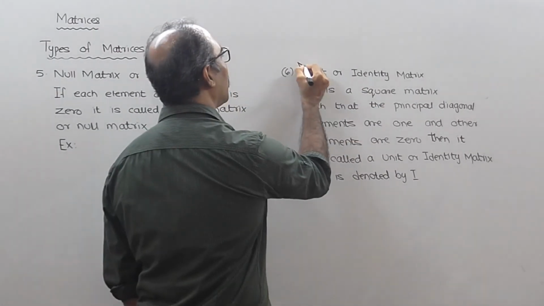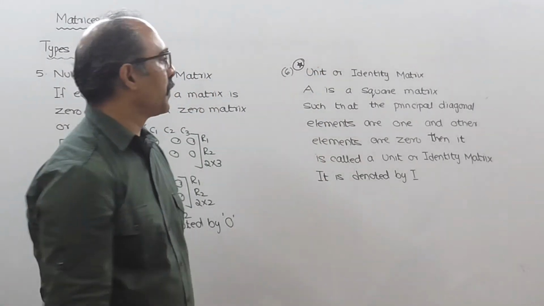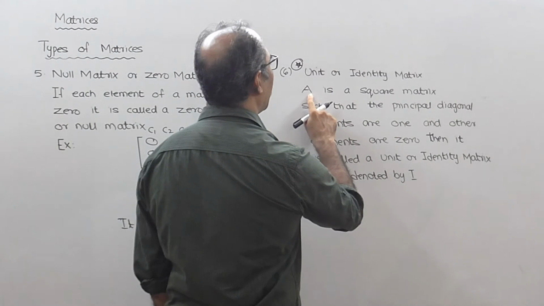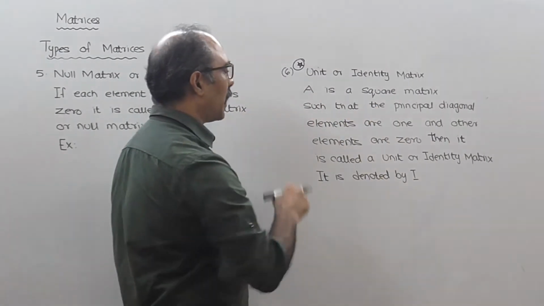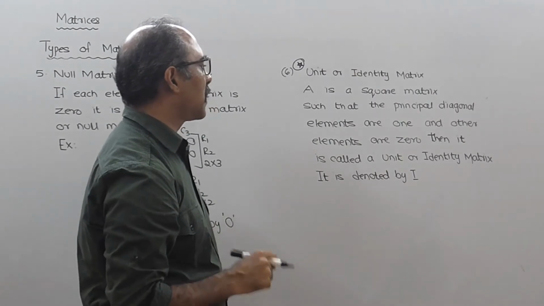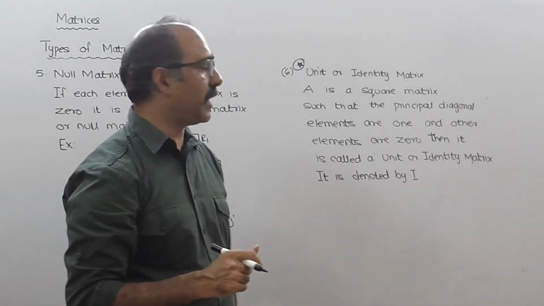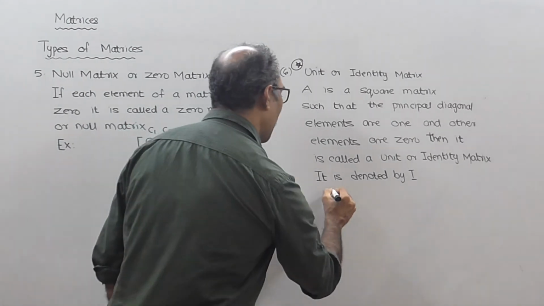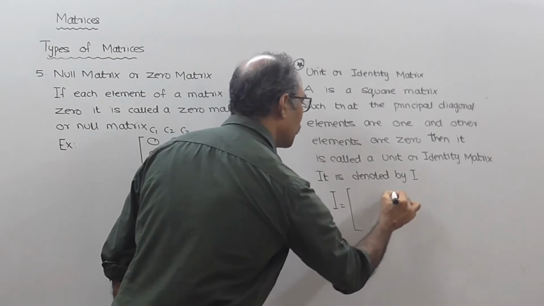This is a very important one. Okay, very helpful for solving sums. A is a square matrix such that the principal diagonal elements are 1 and other elements are 0. Then the matrix is called a unit matrix or an identity matrix, and it is denoted by I. So it will be like this: I equal to